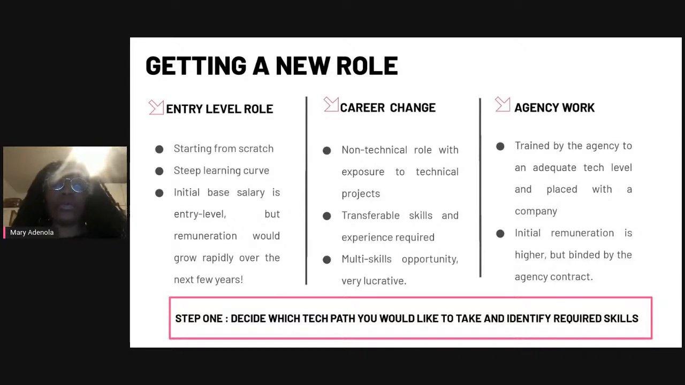But also there are various courses out there similar to CFG's, but CFG give you the support as well as the knowledge for you to get into those tech roles after switching your career. And then you have agency work, which is you go into the agency for 6 months. They train you in the language that you want, whether it's SQL, Python, and then they place you into a company for 2 years. And that again allows you to build your skills and build experiences to work on different